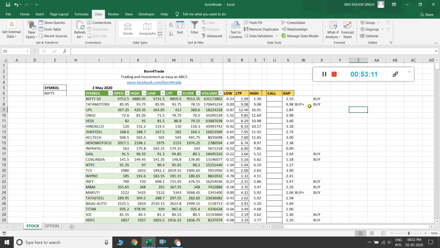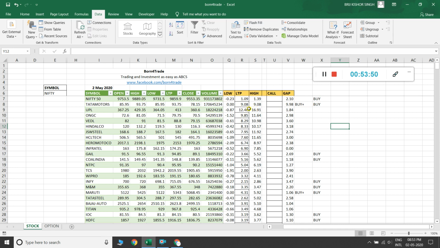Then we have two types of formula, that is buy plus and buy, sell, and now making a sense for a formula like sell, B and S. You can see here it is filtered: this stock Tata Motors filtered like buy plus signal, Nifty 50 generating buy signal.